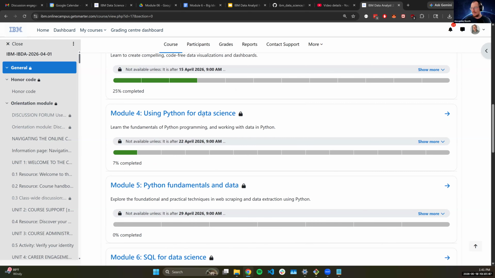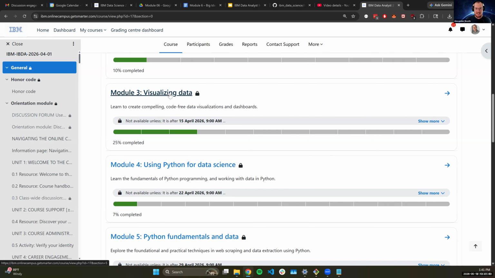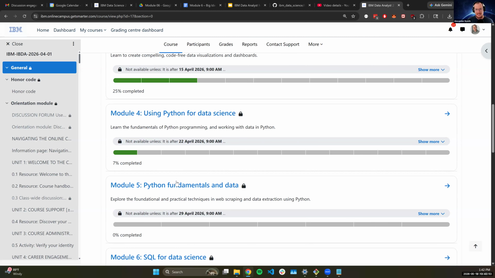Just kind of where we're going: after we finished up visualizing data, we moved into learning our programming language for the boot camp, which is going to be Python. So week 4 is all about thinking like a computer scientist, thinking about Python, what it means to write a computer program, understanding your variables, data structures, conditionals, iterations, etc. And then we end week 4 by going out into the world, getting a real data set and pulling it back into our environment using Python.